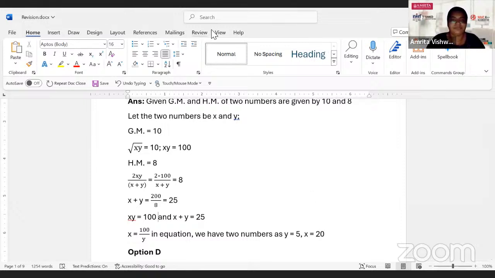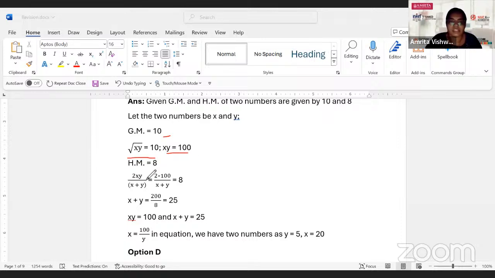Here, this is a very simple question, and this type of question often comes in examination. I know GM is given as 10. When it comes to the two terms A and B, the formula of GM is root xy is equal to the geometric mean. That is root xy equal to 10, and I'll be able to write xy as 100. Now, when it comes to HM, they have given the value as 8, and it is 2xy by x plus y. So I have an idea that 2xy by x plus y is equal to,